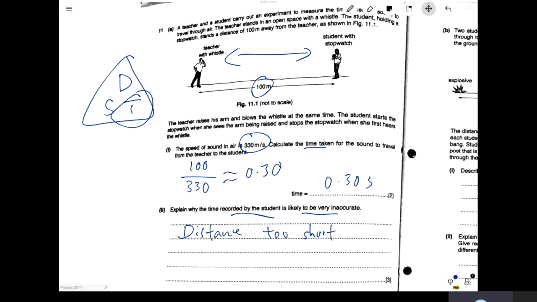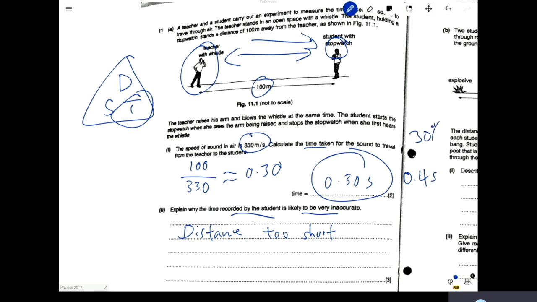Because the difference is so little, how do you record 0.3 seconds? How fast is 0.3 seconds? Super fast. Like when you blink your eyes, it's already 0.3 seconds. What if this fella raised his hand and then he blinked his eyes, and then the sound already came here? So what if it becomes 0.4 seconds? It's already 30% off. Yes, because the time is too short, so a small error would appear very big.